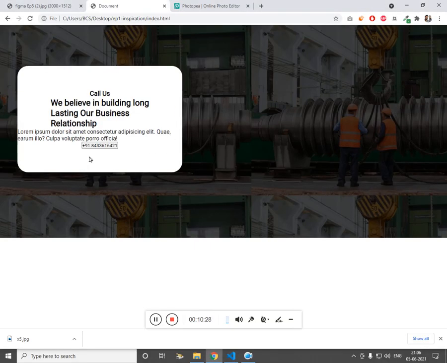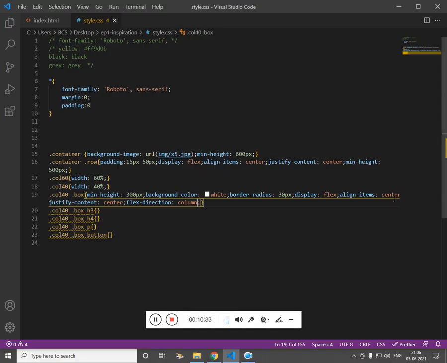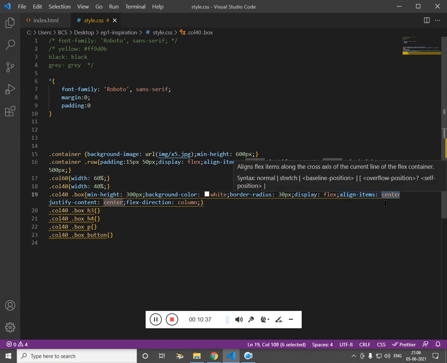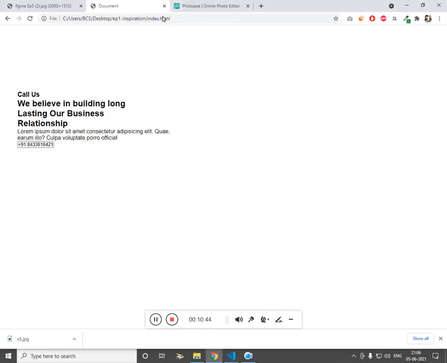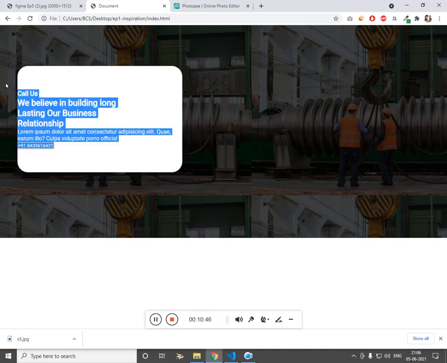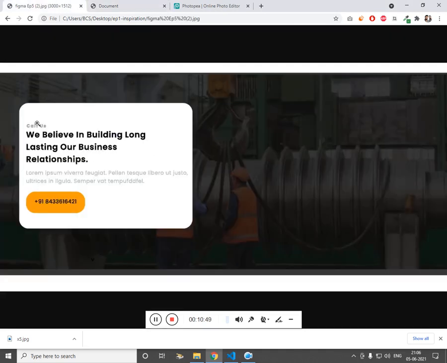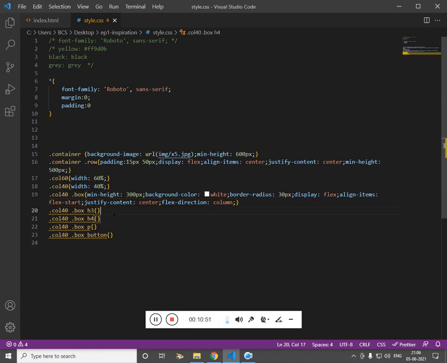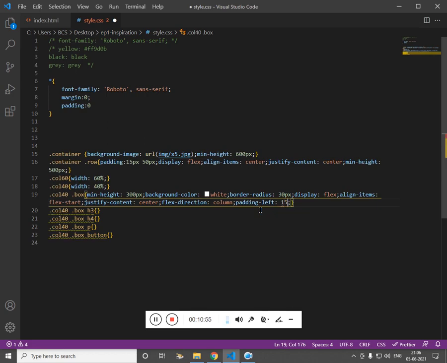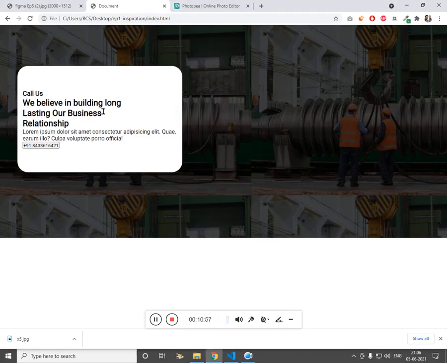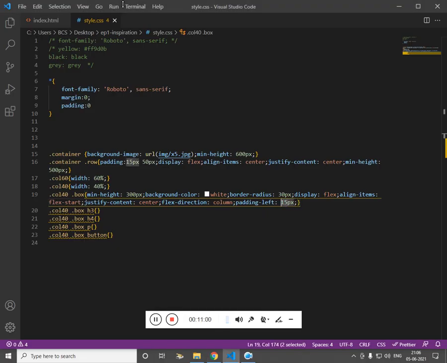So if I refresh, this is at the center, and we'll use the align items flex start so that it sticks on the left hand side. So close enough. Let's add the padding left of 25 pixel.